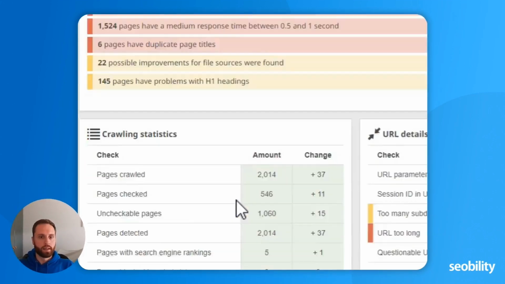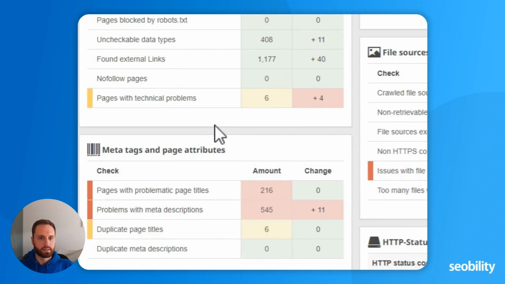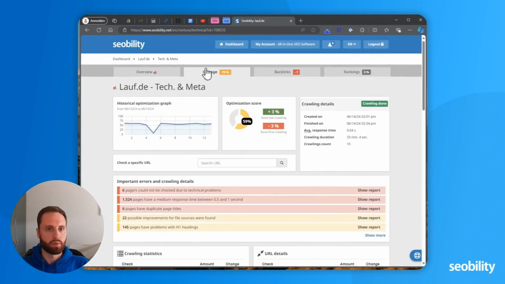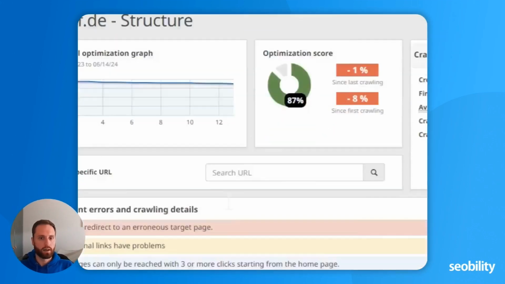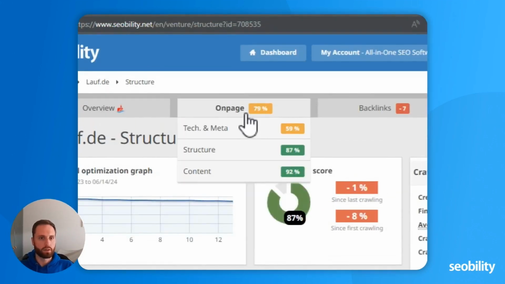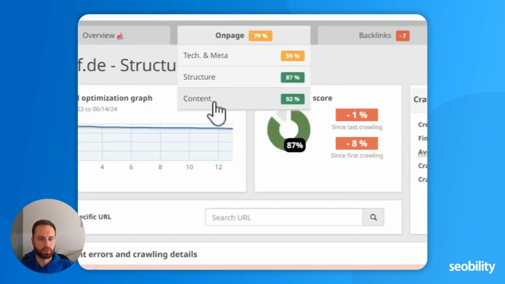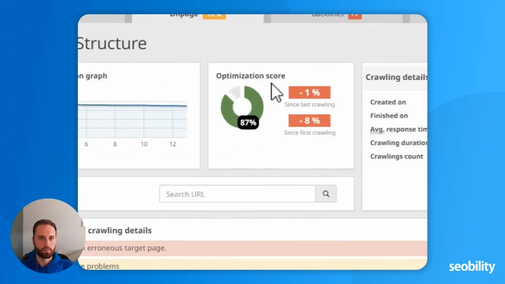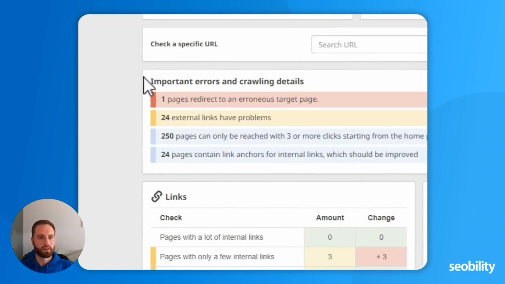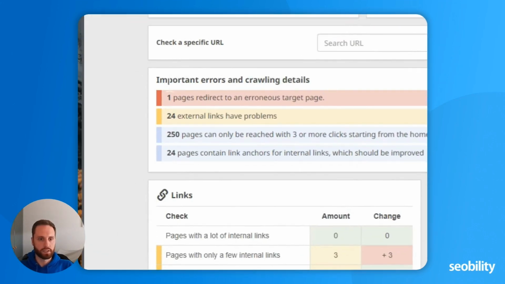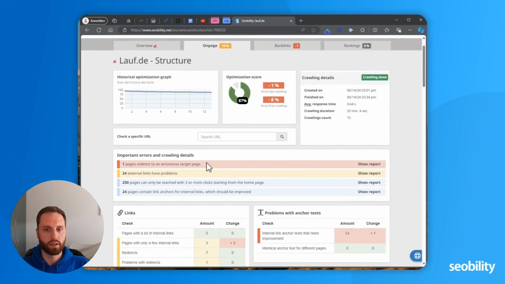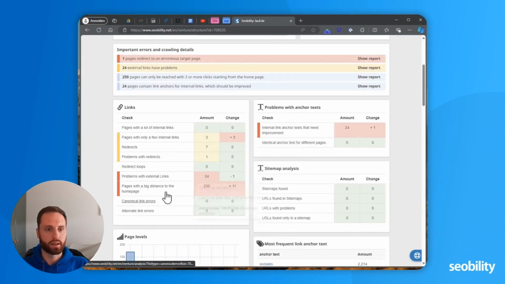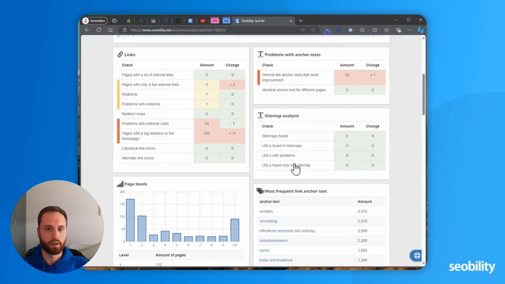Now you know how the analysis or the reports in general are structured and how to work with them. I will briefly show you that the other parts of the on-page analysis, like structure and content, look really similar. You have this information section up there, then you have the pre-prioritized to-do list up here, and then you have the clustered reports in a complete fashion.